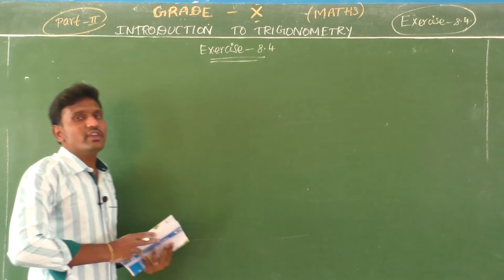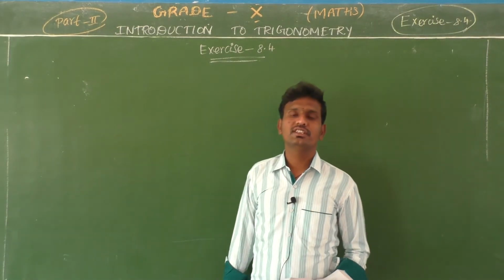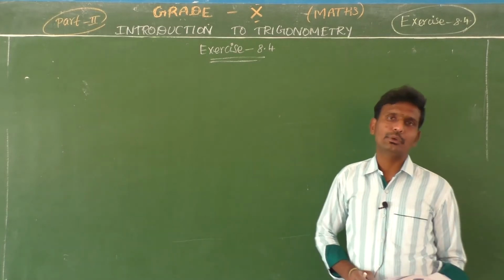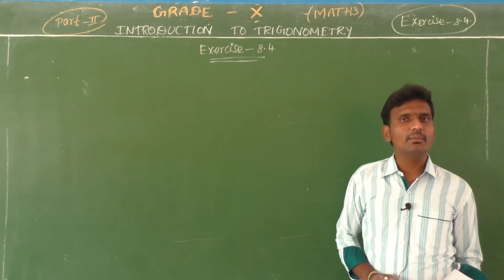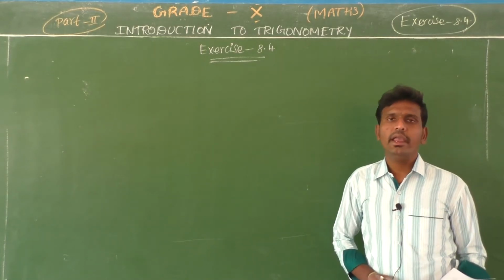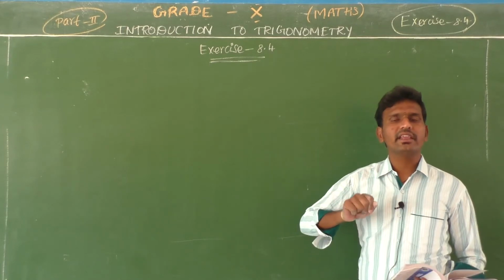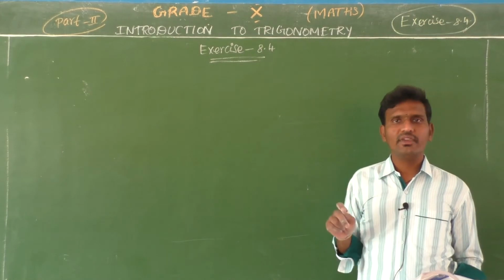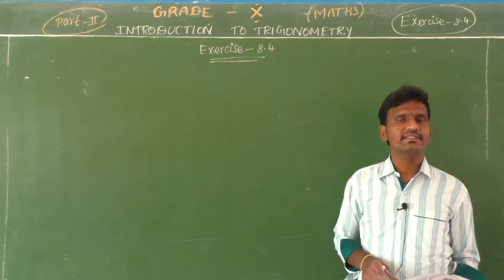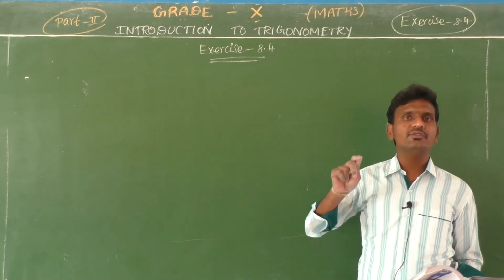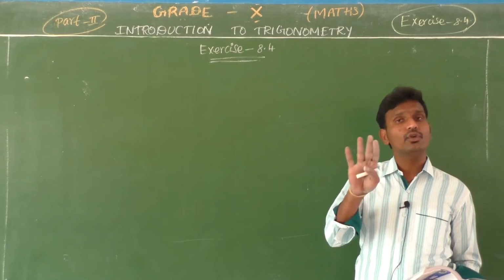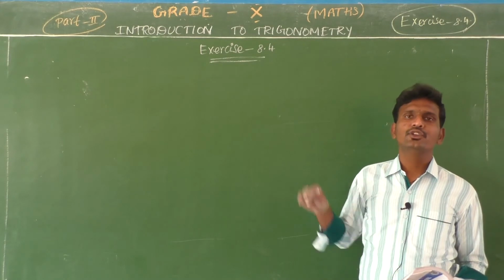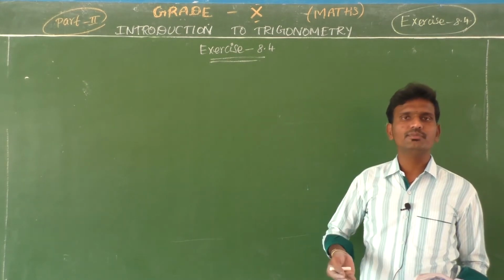Good morning students, welcome back to math class. So this is the class for continuing exercise 8.4. Okay, so already you completed exercise 8.1, 8.2, and 8.3 is the deleted portion, and then in your previous class you completed exercise 8.4 up to the 5th question, I mean the 5th Roman 4 questions you have completed, and example 2 questions also. Okay, so let us move to our next problems.